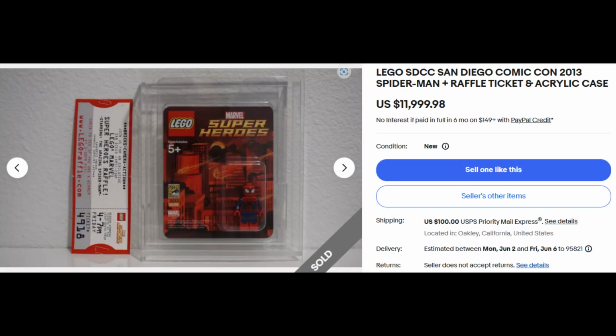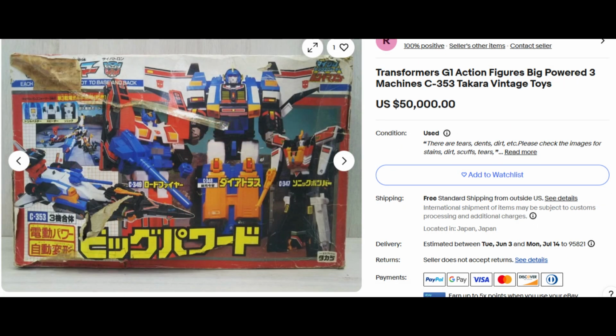This right here is a Lego Spider-Man from the Comic-Con, San Diego Comic-Con. So obviously that's going to be super rare. This right here I thought was cool. It's a G1 Transformers. And it looks like it's straight from Japan, so it probably was one of the earlier Transformers. But it sold for